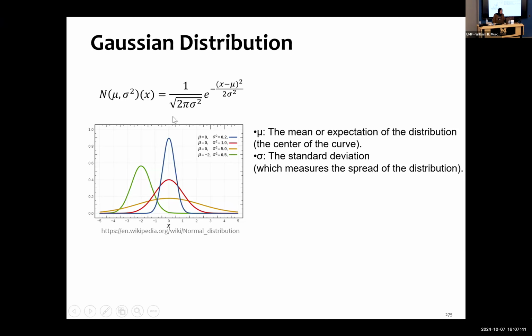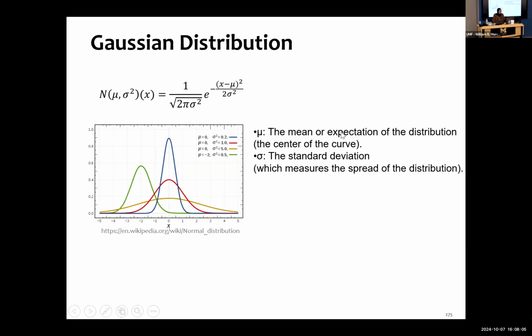So this is the famous formula of the Gaussian distribution, where we have two main parameters. Here it's 1 divided by the square root of 2 pi, which is a constant, times sigma squared. You see first of all the mu and the sigma. These are the two variables.